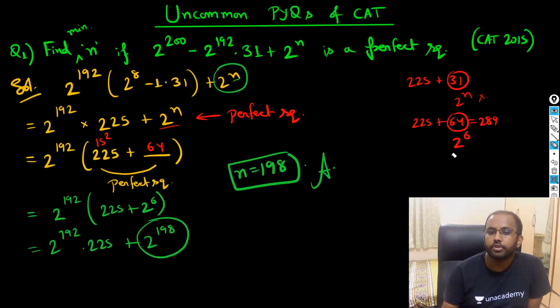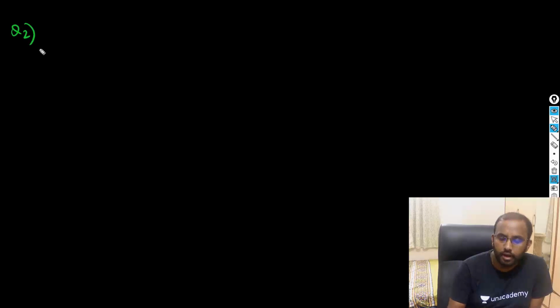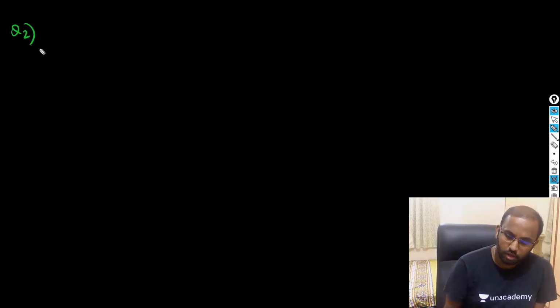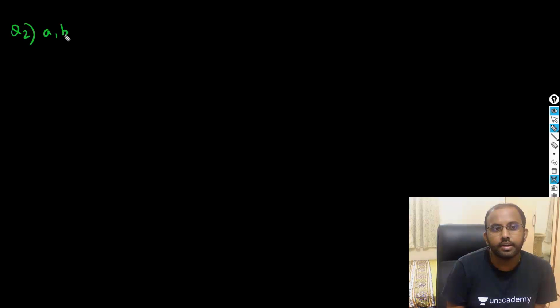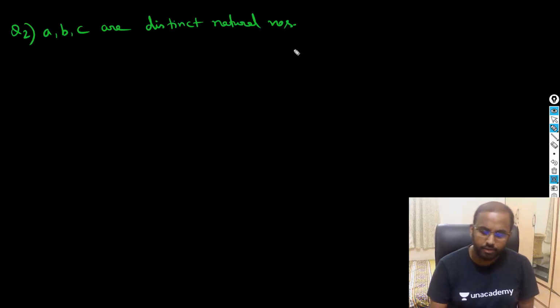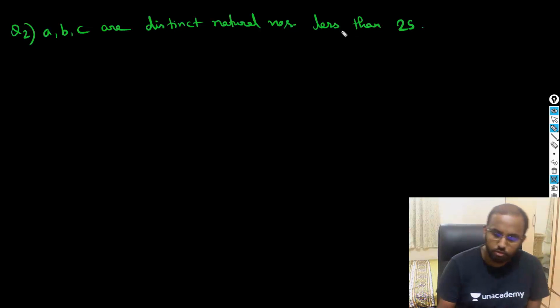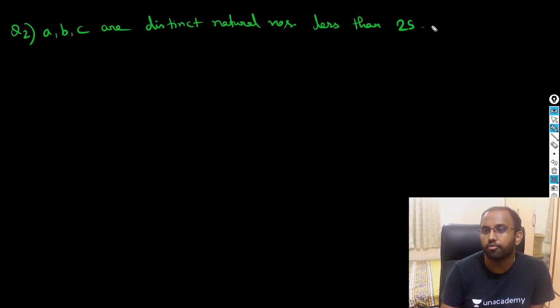Okay, now let's go to the next question. So the next question is again a good question. Look at this question, guys. This question says that A, B, C are distinct natural numbers less than 25. So what is the maximum possible value of